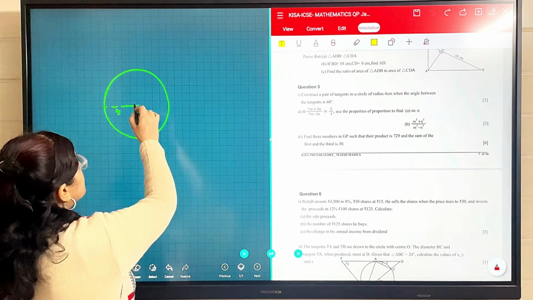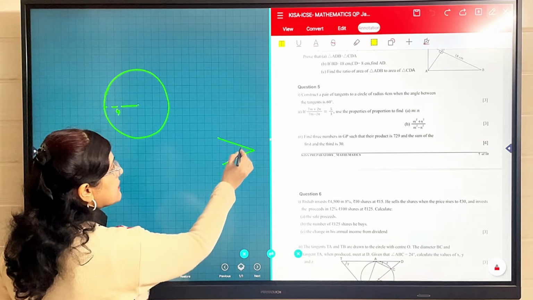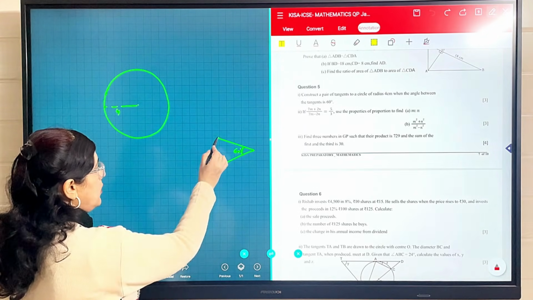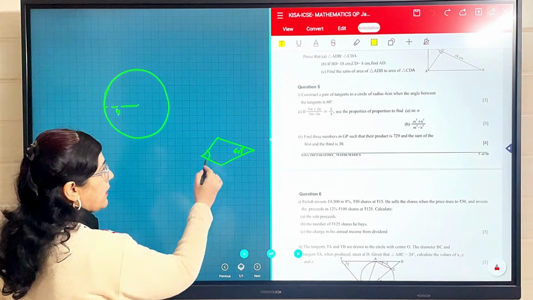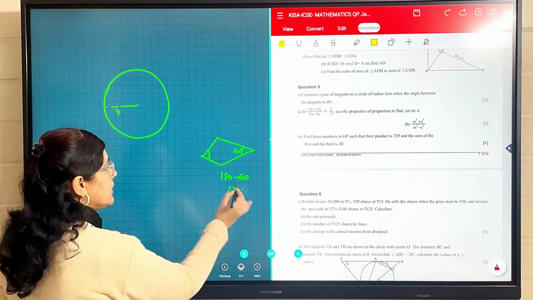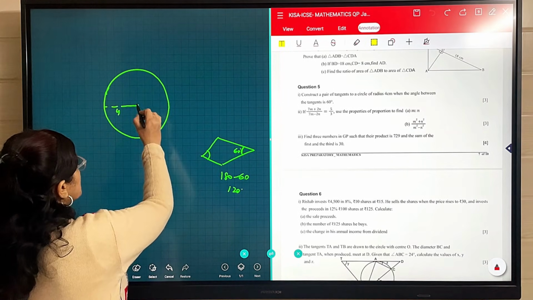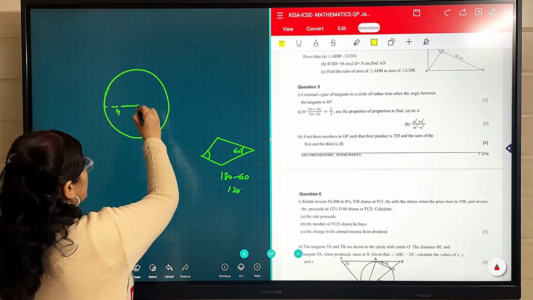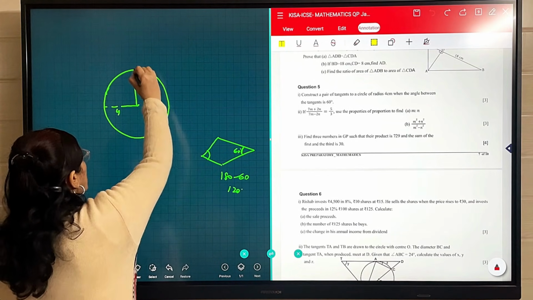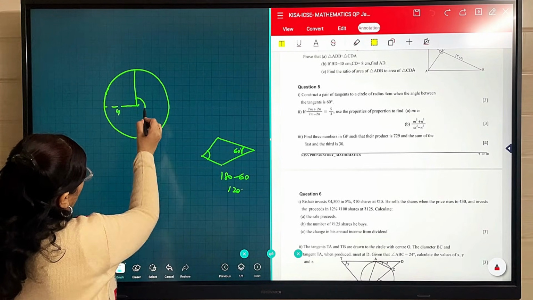So first, as we know, the angle between the tangents is given as 60 degree. According to the property which I discussed in the first part also, at the center they will make a supplementary angle. It means 180 minus 60, which is 120. So at the center they will make an angle of 120 degree. So with the radius I will make an angle of 120 degree with one tangent. If one tangent I have drawn normal, then at the center I have to draw this angle of 120 degree.